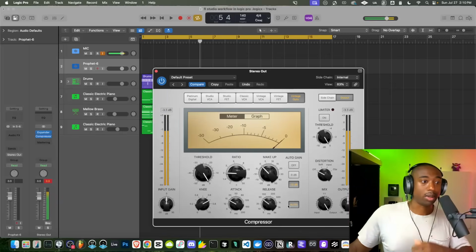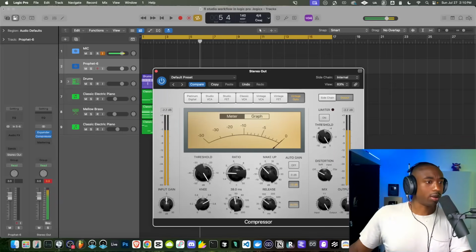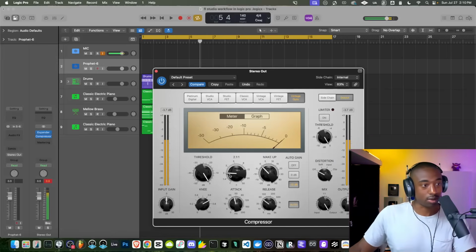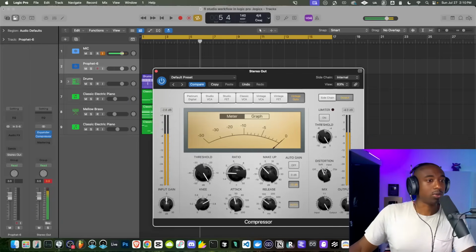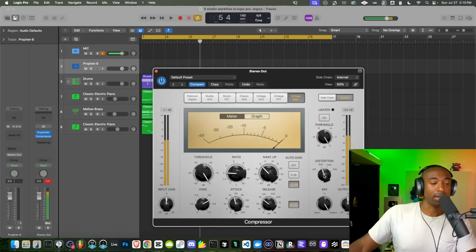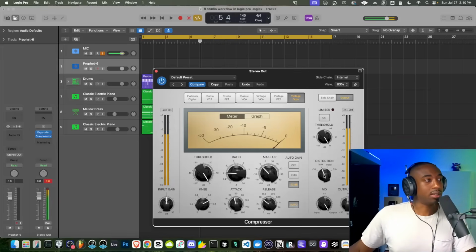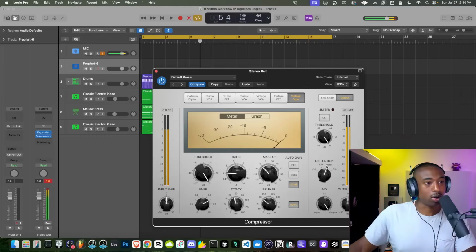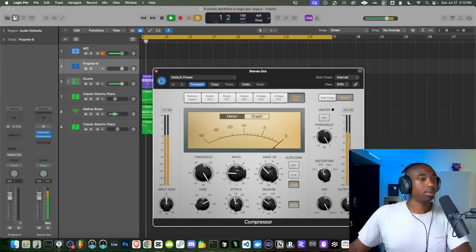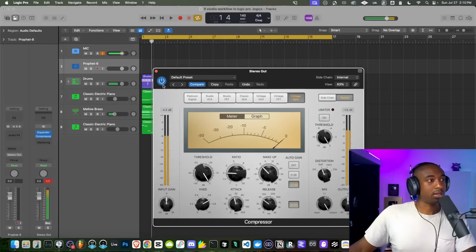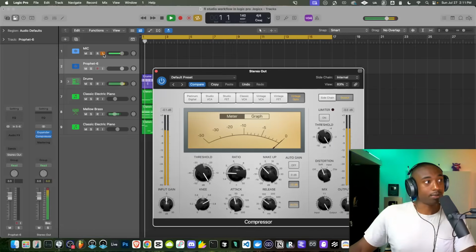And then what we're going to do is set the attack somewhere around 30 milliseconds. So basically, this won't even trigger unless something goes above 0. And we're at 2-to-1 ratio. The release is automatic. But what I like to do, though, is switch the distortion mode. As you guys can hear my voice, we went from normal to soft clipping. And it just gives a certain roundness to the sound. I don't know, it just boosts up some of the frequencies that make it seem louder. And there's also hard clipping and clip mode, but I like soft clip mode. But if it's too much volume, sometimes I will either turn the input down or just turn this off completely, because now it's just a very loud beat.